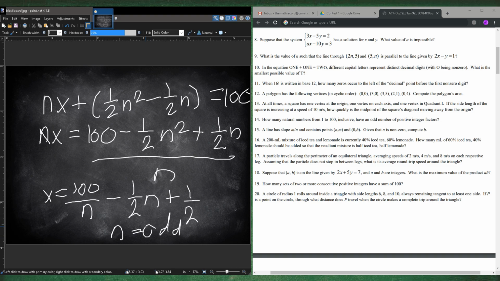So basically we have to look for the factors of 100, and find all the odd factors. So 100 factored is basically,